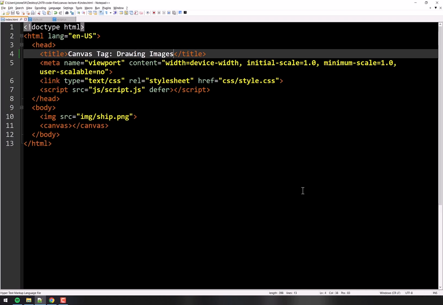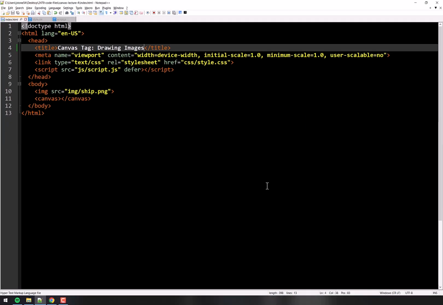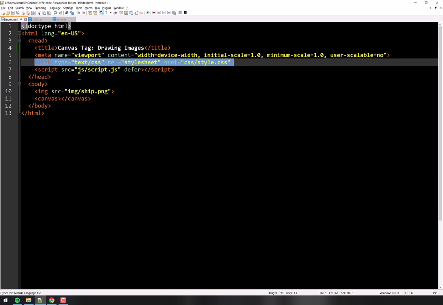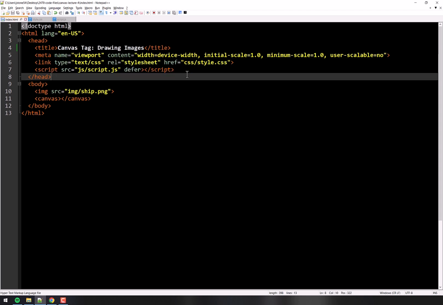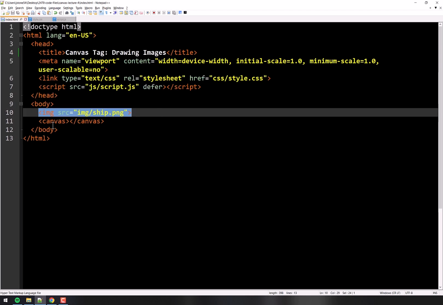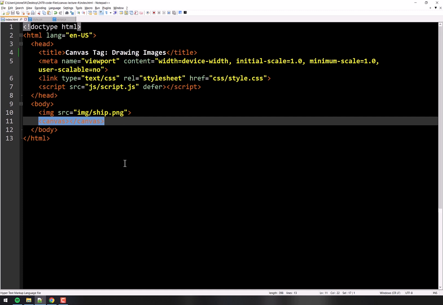All right, now that you know what it looks like and what it's supposed to do, there ain't nothing to it but to do it to the code. So let's just start off here with the raw HTML. This will probably be the last time we look at it. We've got our standard stuff in the head: the title, and the meta tag, which we don't really care about for this particular project. Got a style sheet linked up, which has pretty much nothing in it and won't really have much. We have a JavaScript file, which is going to be all of the code for this project. Then we have an image, that little spaceship you saw in the demo, and we have the canvas tag. That is all.